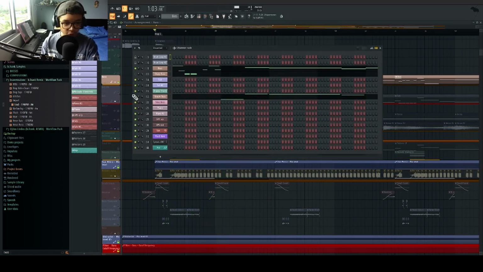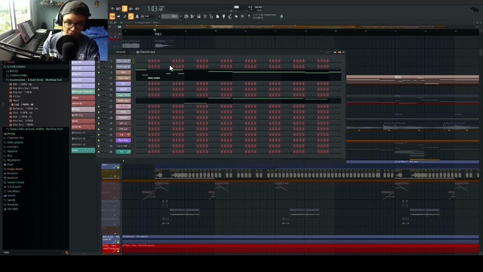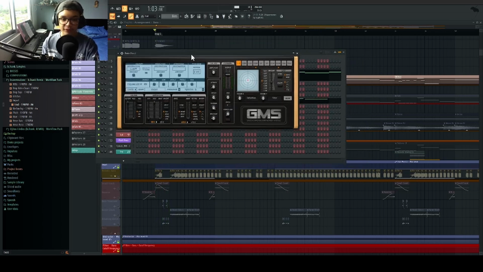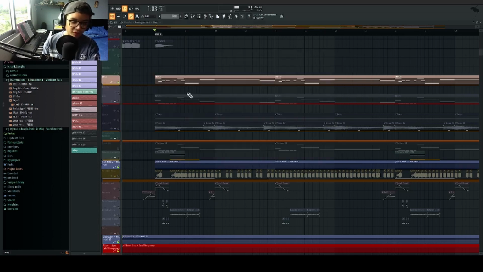Now this bass is of course more than one bass. It's always pretty useful to layer more than one bass if you're doing this type of bass genre tracks. So I have the first bass, which is GMS. Yeah. And all of these basses are GMS actually. This first one is the main preset of GMS, the first one that you have when you open up GMS,